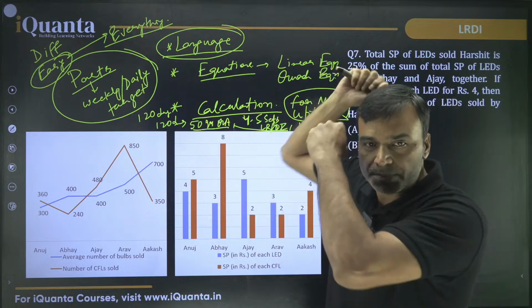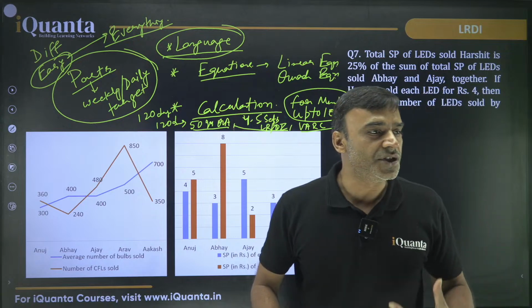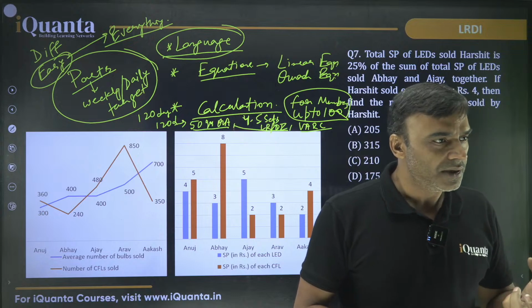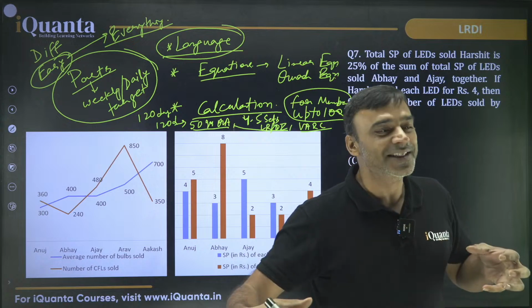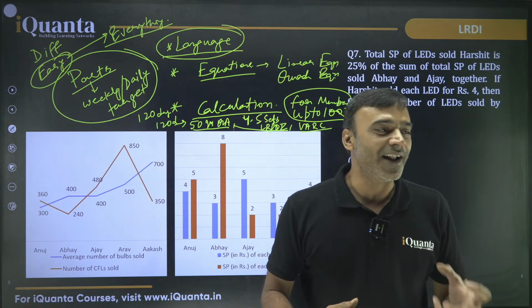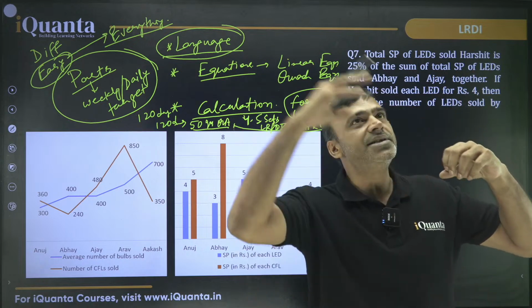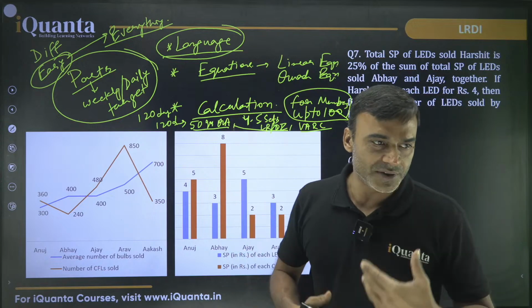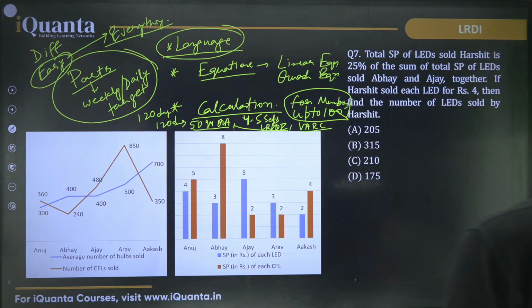Quant में क्या है? वो पत्थर मार वाली पढ़ाई है. LRDI actually drains your energy. Do you understand the difference? LRDI takes up your energy. Okay, completely. Right? Even if you sit at one place and you do 2 sets, 3 sets, and if it is lengthy, it will actually drain your energy. VRC में क्या होता है? It takes your subconscious mind that you would have read something somewhere, some word, some sentence, and वो वहाँ पे इस्तेमाल हो रहा है, and so on and so forth. Quant is like हथौड़ा मार वाली पढ़ाई है, आप करते जाओ अच्छा होता जाएगा, as simple as that. इस बात पे भरोसा करो, वही एक तरीका है अच्छा करने का.